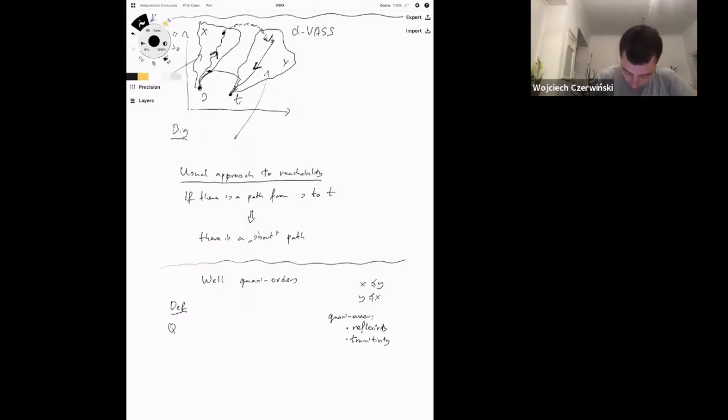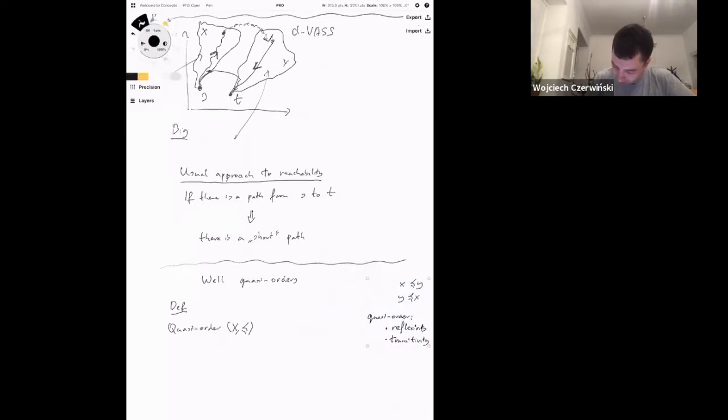So we say that a quasi-order is a well quasi-order, commonly we will shorten it as WQO. In Polish we say WQO. If